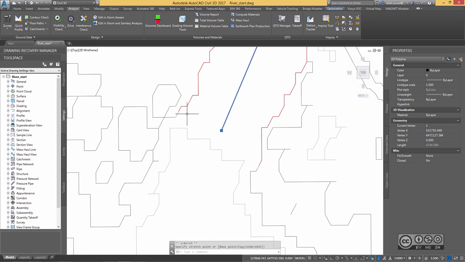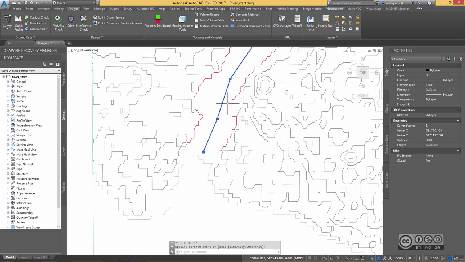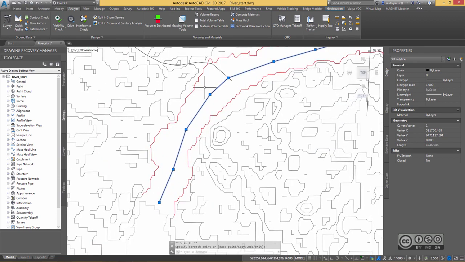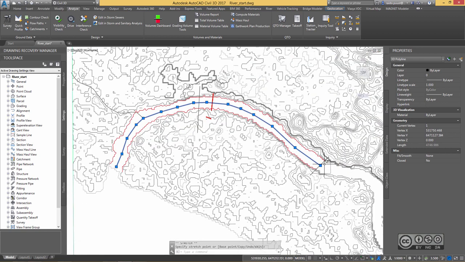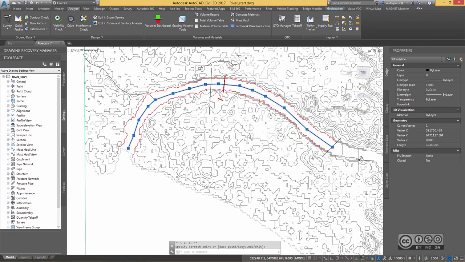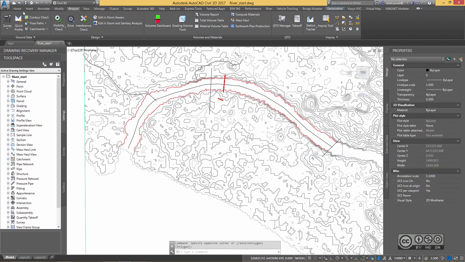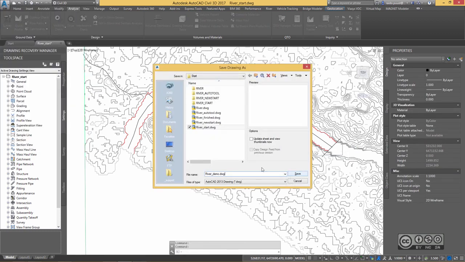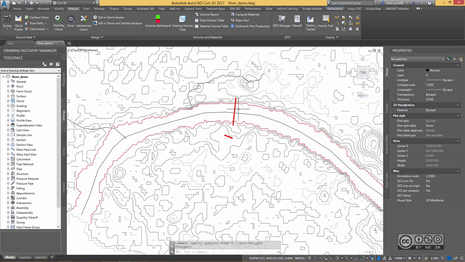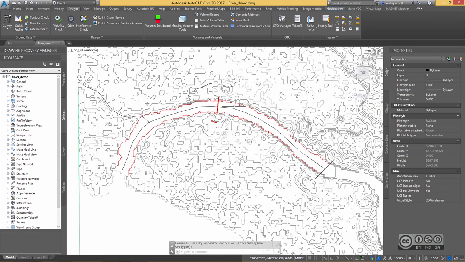We can imagine approximately to where this line should be placed, but those small changes can be made later on if we find out that something doesn't work out. Okay, this is now modified quite well, so we can move on, and I will save my drawing. Save. I don't need this polyline anymore, and we are now ready to continue with river and flood analysis module